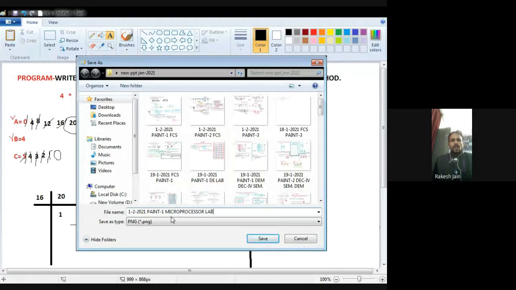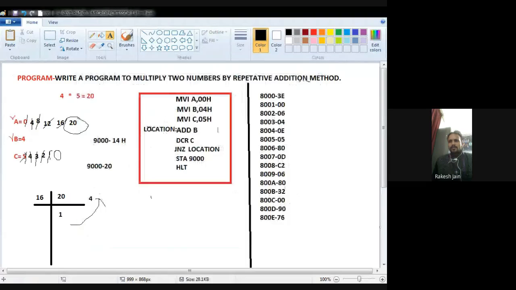Okay, now I am going to show you the simulator. Kindly wait. You just take this image.